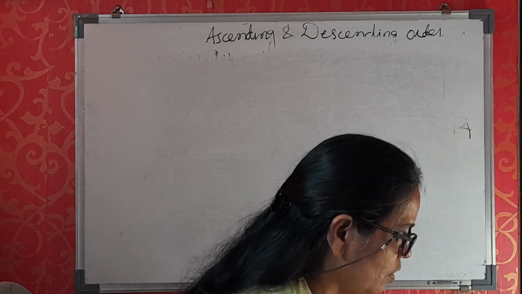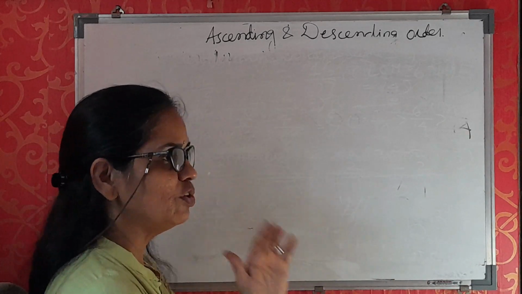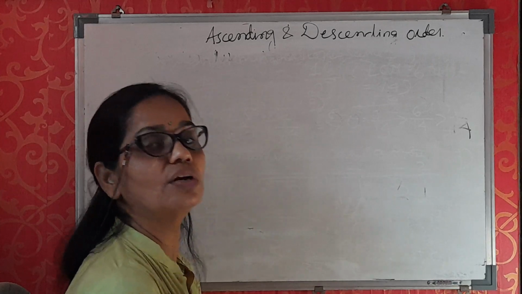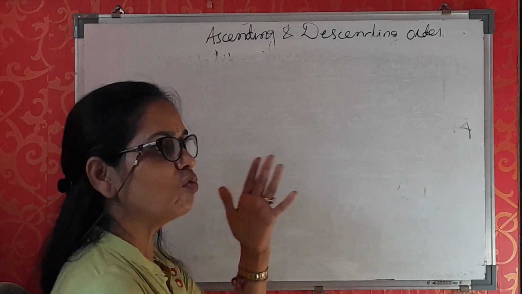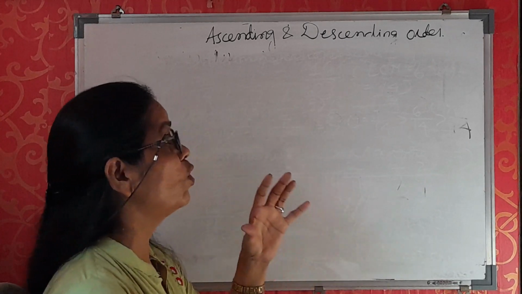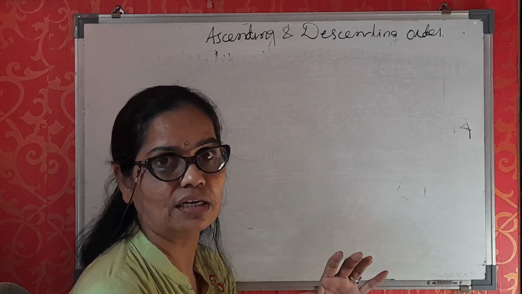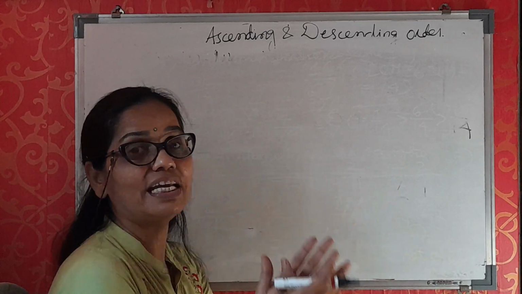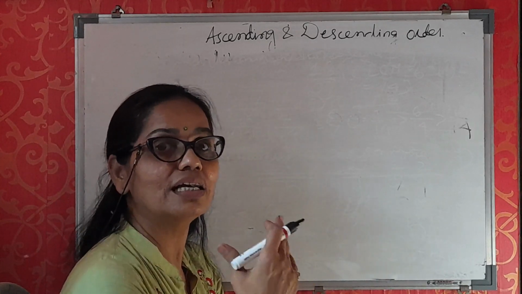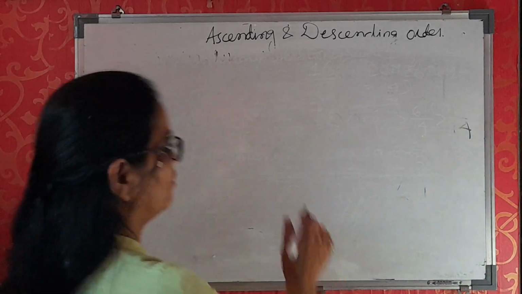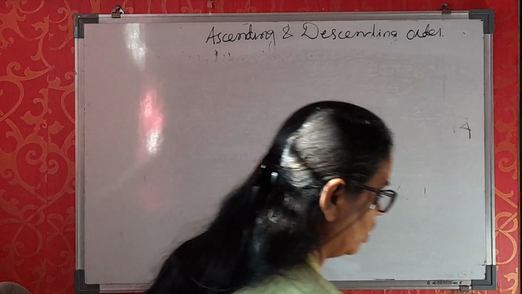Now we will do reducing. Children, whenever you are doing addition, subtraction, multiplication or division of fractions, whatever answer you are getting after that operation, you have to always reduce the fraction. I am showing you reducing first so that it will be very easy to do the addition, subtraction, multiplication and division sums. So, reducing a fraction to its lowest terms.